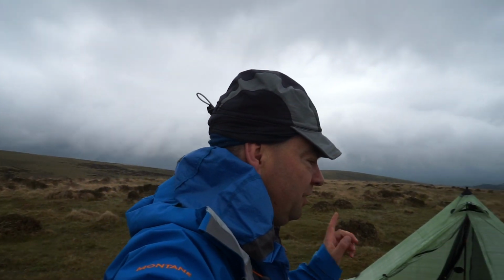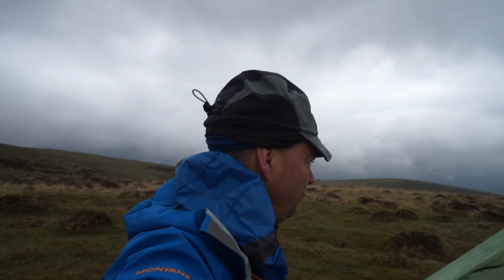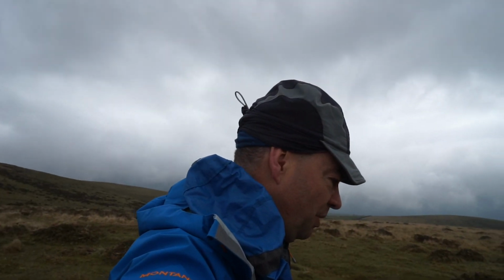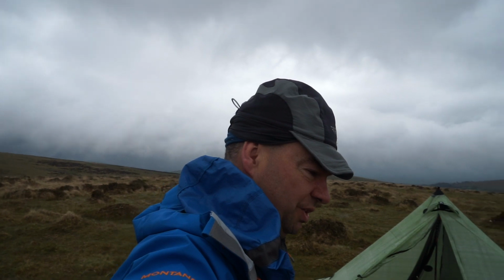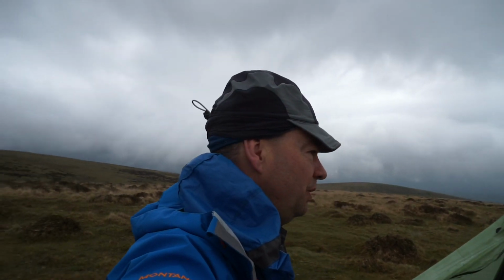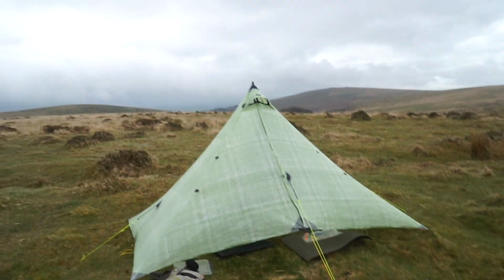So anyway, I'm going to do a bit more packing up here, and then we'll see how things progress. I might actually just try this pole once more while I've got it here, just to see on its shortest setting whether it will work or not. Now I've got a couple of minutes spare and it's not raining. Okay, just a quick